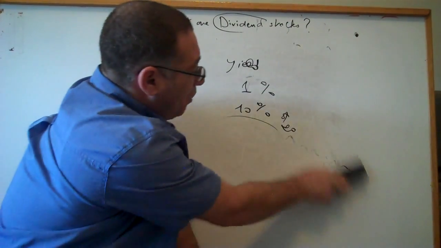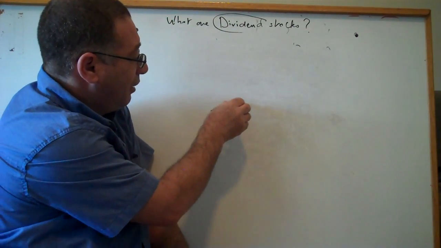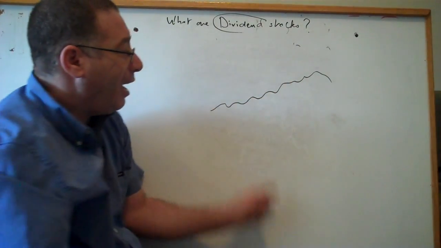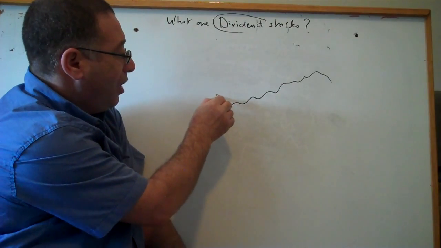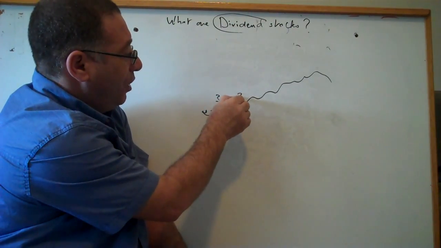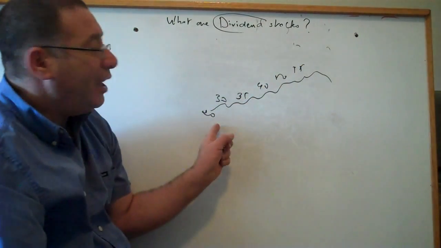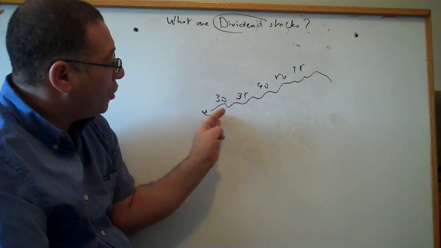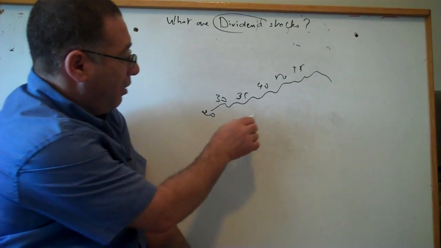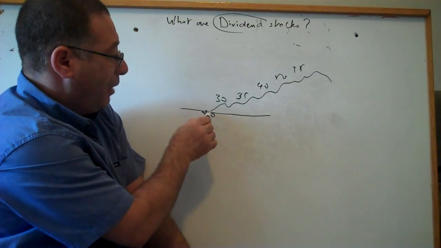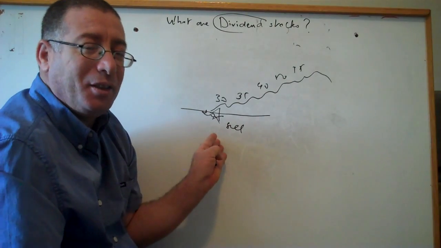Now for me, if I want to buy a stock with dividend, it looks like this. Okay? It's a stock that each year, for example, it begins with 20, next year is 30, next year is 35, the other year is 40, 50, 55. This is the stock that I like to buy. You ask me, how do you know? Okay, you buy from here, 20, you put a line. If it's going up, you stay. If it goes down, you sell. Is that simple? Yes, it is simple.